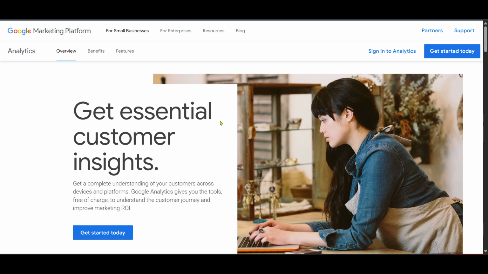First, you'll want to navigate to the Google Analytics homepage. This can be easily done by heading over to the marketing platform website where you'll find tools and solutions for your business analytics needs. Opening this page is your gateway to gaining insights into your website's performance and understanding your